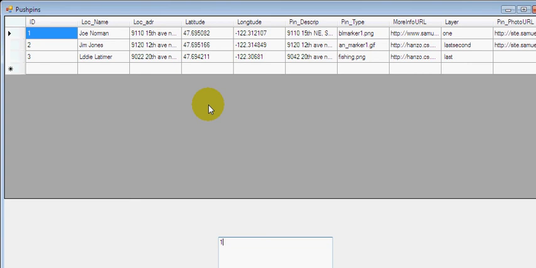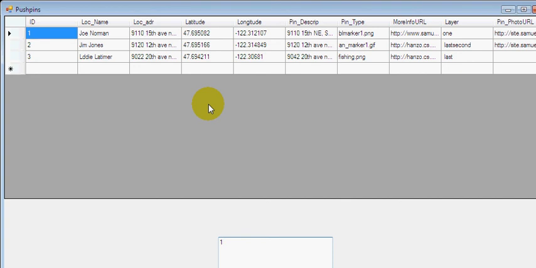And latitude, longitude, don't worry about that. That'll be handled automatically for you. A pin description, which is some printed material that goes with the pin. The pin that's being discussed is the push pin. So imagine a push pin that you would push into a map. A pin type that gives you a description of what the pin looks like. You'll see more of these things later. More info URL later. A layer, and